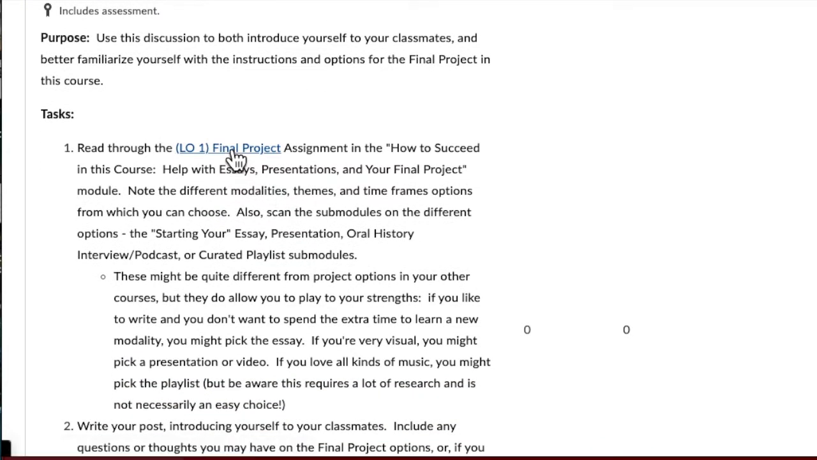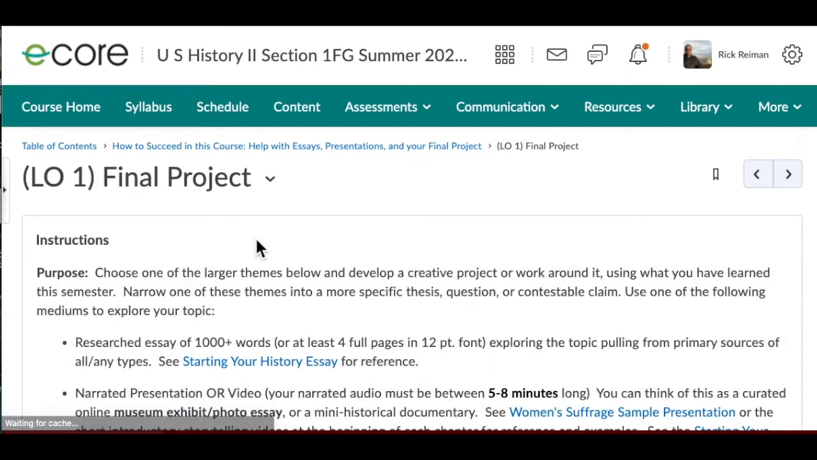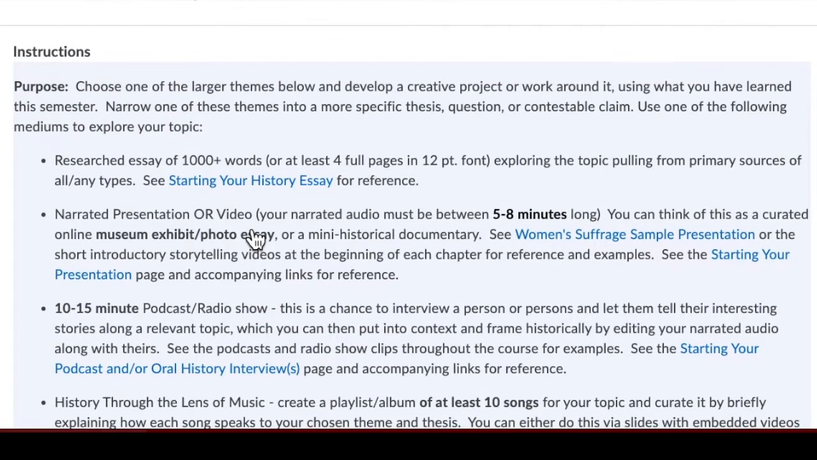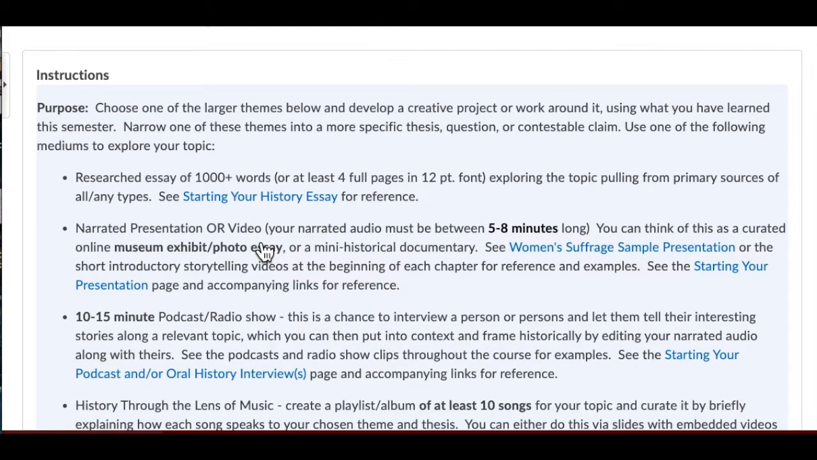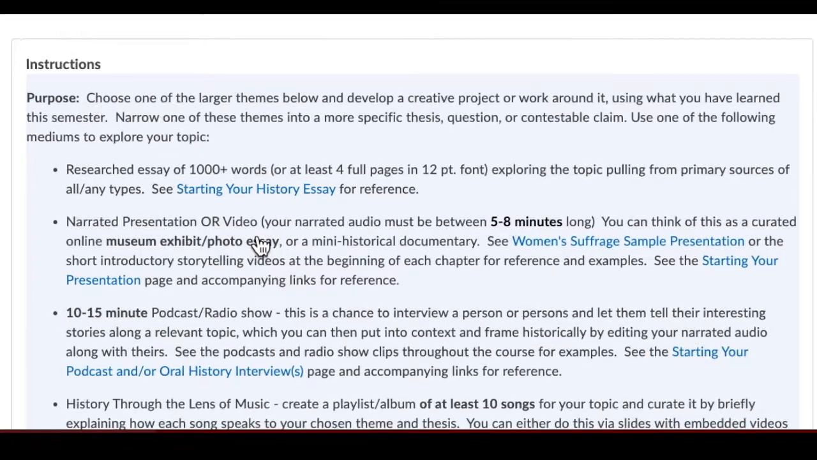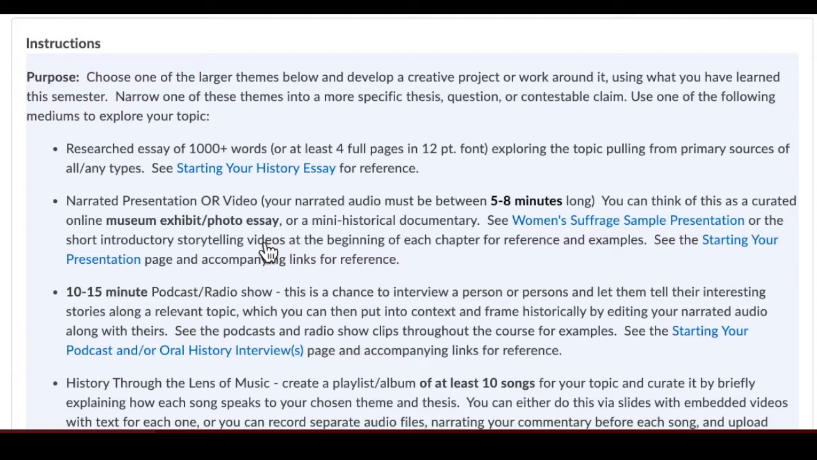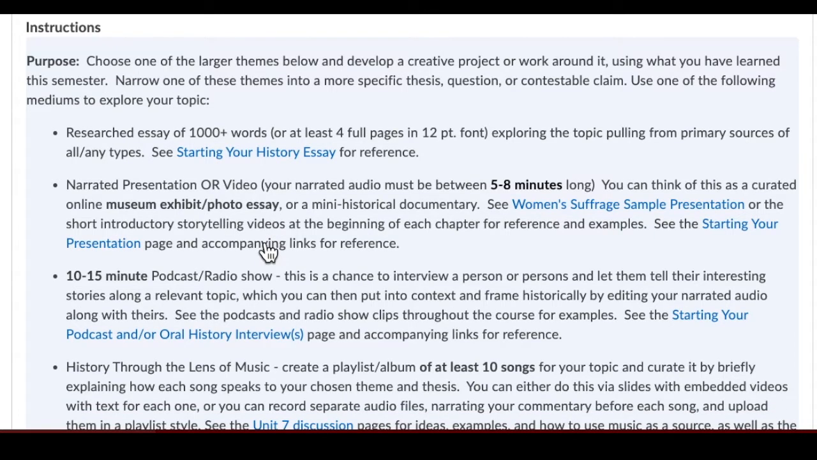So if you click on that link to the final project, you'll see a description of what you have to do. Now, this is really kind of neat because you're going to be asked in the first week not to tell me what your precise topic will be or what your precise question that you're going to answer will be, and you will choose the question eventually, but only to tell me what modality you think that your final presentation